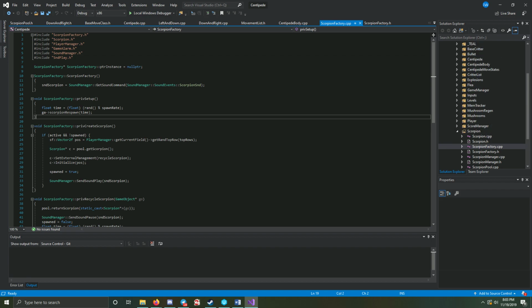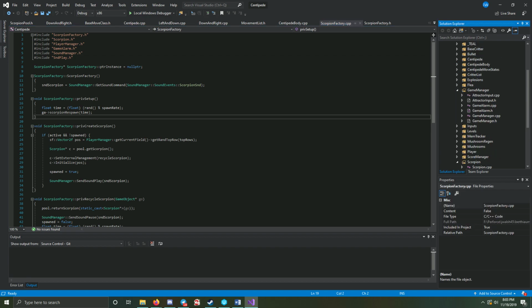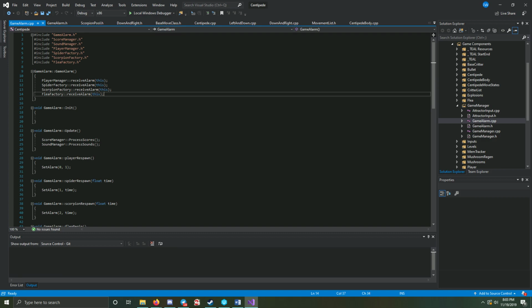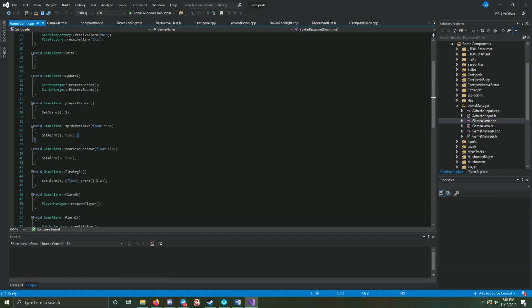Well, what's a game alarm? It's a way for the various factories to have access to the alarm function and the update function of a game object without actually being a game object. So, as you can see, on creation we inform various areas about our existence, giving them pointers to this. Every update, we tell Score Manager and Sound Manager to do their thing, and then these are just various ways